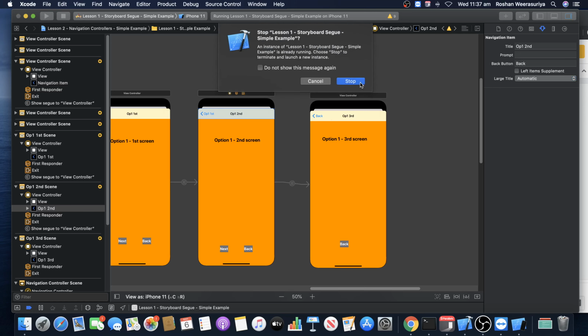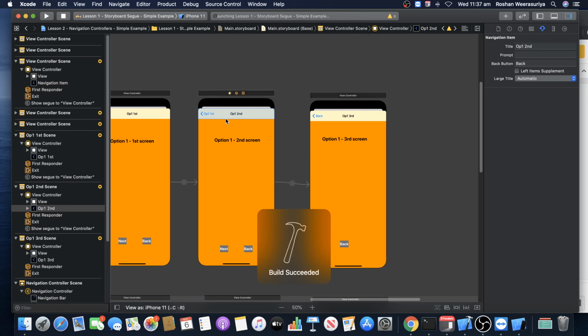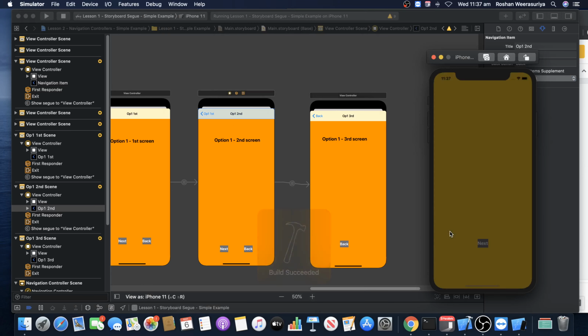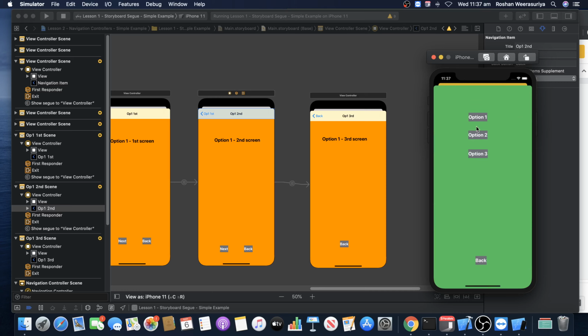So if I run this now, I did it for the second screen, which means someone coming back to the second screen needs to see it as back. So now I'm in the second screen, but I did the change to the second screen, meaning when I go to some other screen, someone coming back will see back instead of the second option, right? So that's the beauty of it. So this is where you use